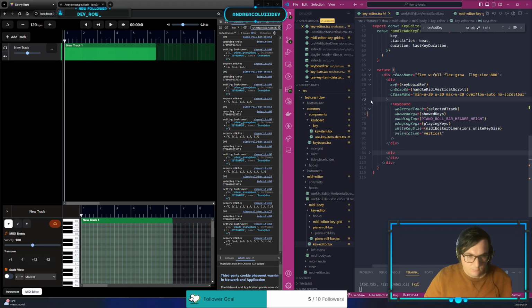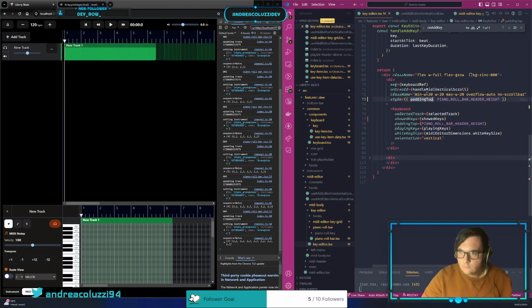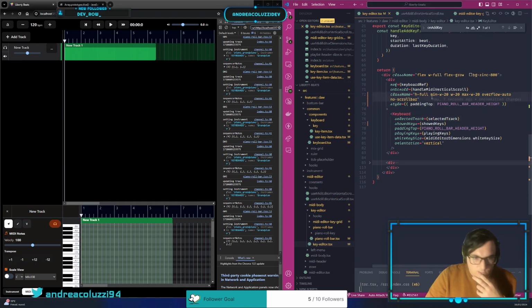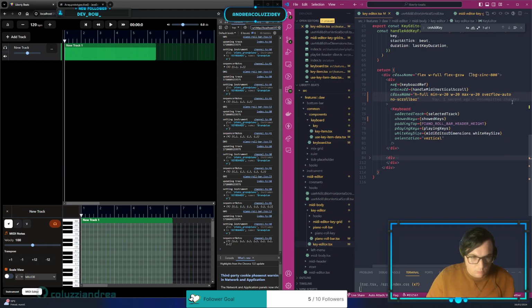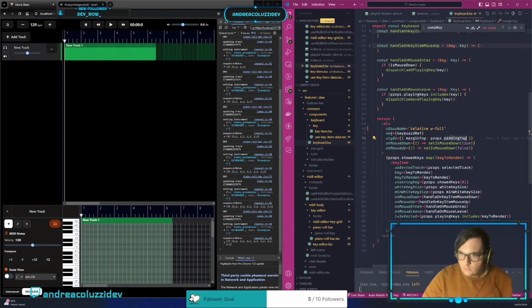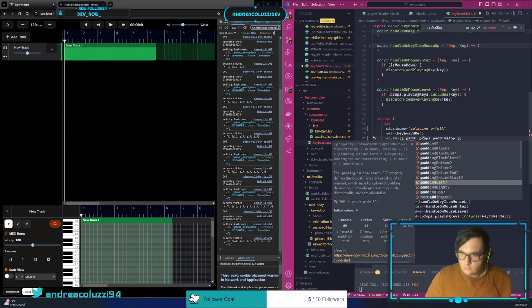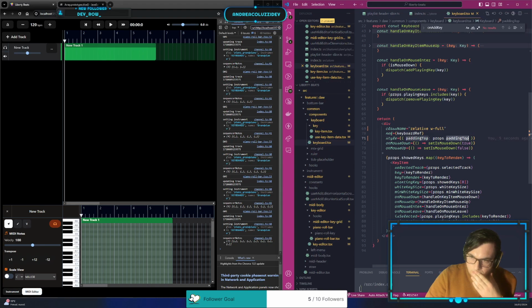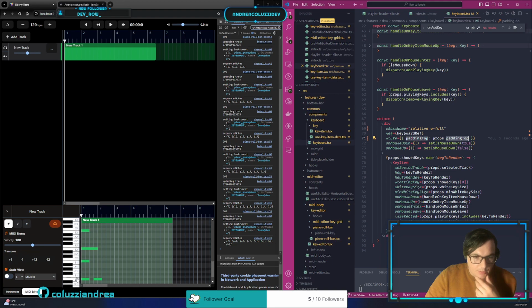Okay. Nope. Padding top. Padding top is not working here because